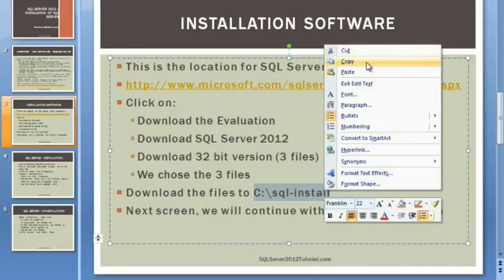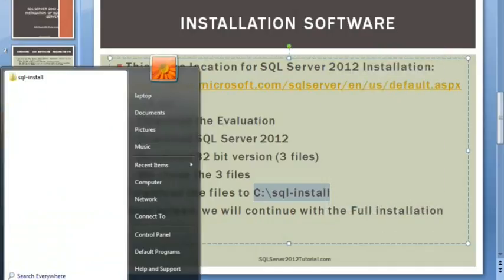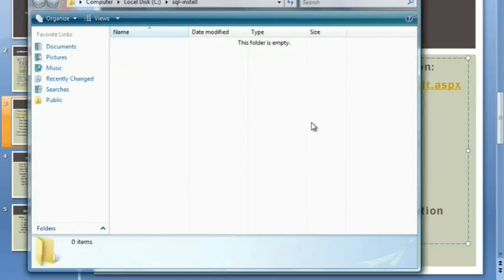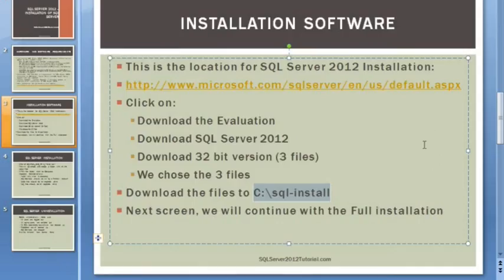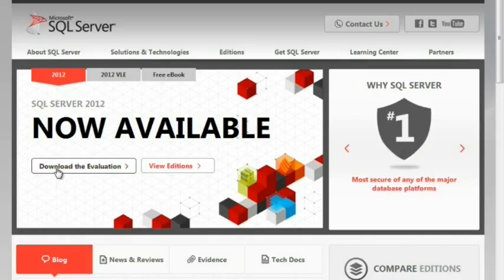We will install to this location. So before I even get going, let me browse to this, make sure it is up and running. We don't have any files in there as of yet. And then on the next screen we will continue with the full installation. So before I do that, let me go to the link and follow these steps that are recommended. Like I mentioned, I will select download the evaluation,